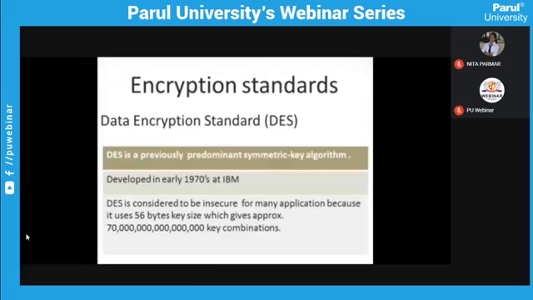DES uses a 56-bit key size, meaning the secret key which is used in this algorithm is of 56 bits, and using this 56-bit key, we have approximately this much of key combinations, but it is considered to be insecure because this many combinations can be easily tracked down by brute force analysis. What is brute force analysis? So in